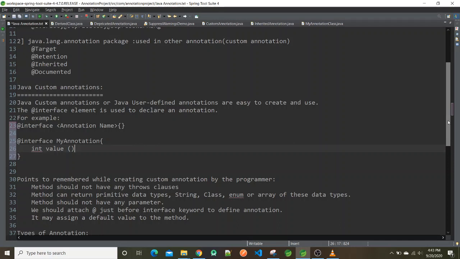The method should not have any parameter.